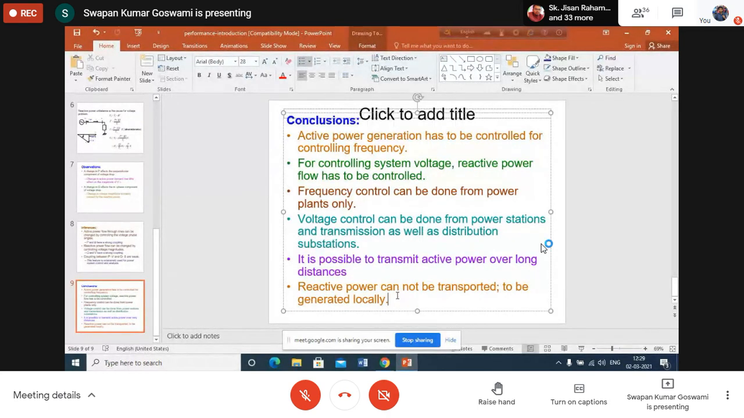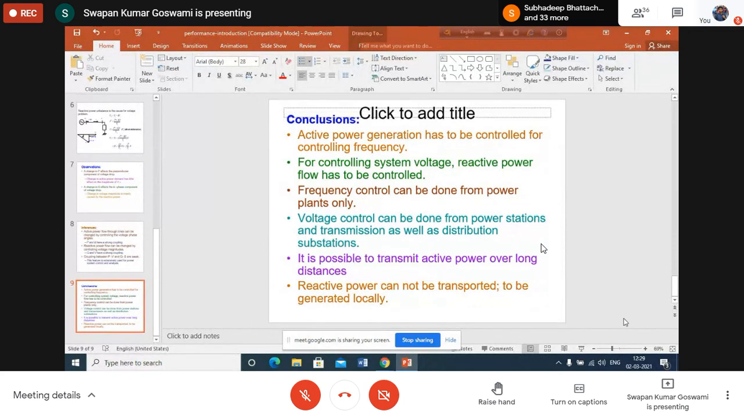তাহলে কি করা যেতে পারে? You have to generate reactive power, because reactive power generation is possible from the substation at the transmission level and also at the distribution. So active power is transmittable over long distance. Reactive power is not transmittable. It has to be generated locally. All right. Then